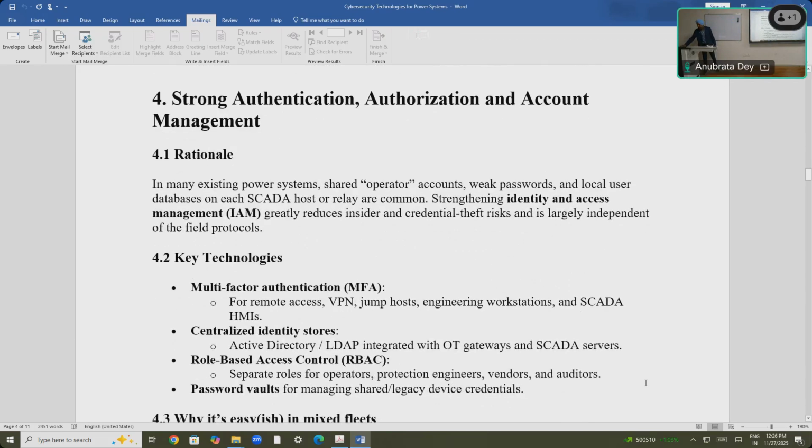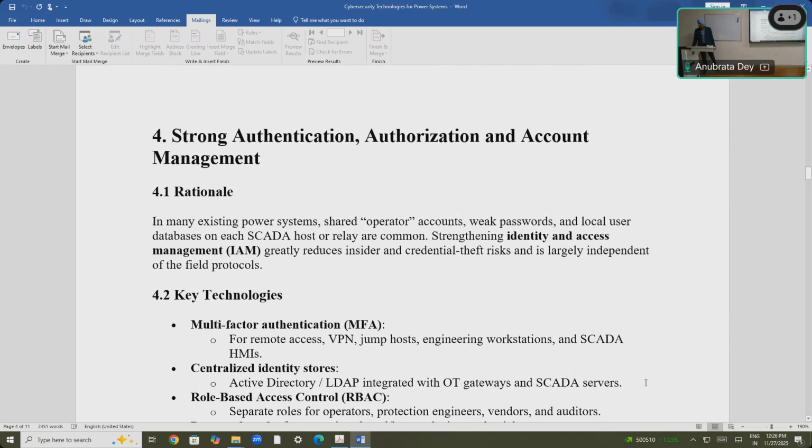And now we are getting into authentication and authorization and account management. So that's again weak passwords, sharing the same password throughout, right? Actually, we talked about the public key infrastructure and even password. Many IDs will share the same public and private keys, right? And many IDs will have the same password, right? So this is actually very weak